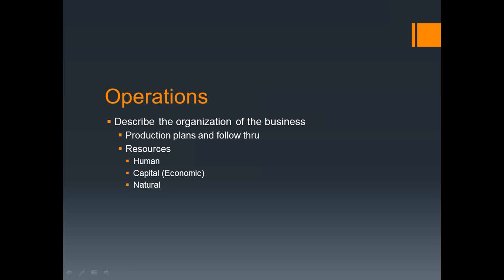And maybe they start out at a certain level and then they project that when our sales get to such and such, or our volume has gone up to this level, then we're going to consider buying something that's faster, or renting it, or we're looking for a used piece of equipment. We think we can get by with that. And then the natural resources that would go into their production. So basically under operations, we're thinking about their production plans and the resources that they're going to need.